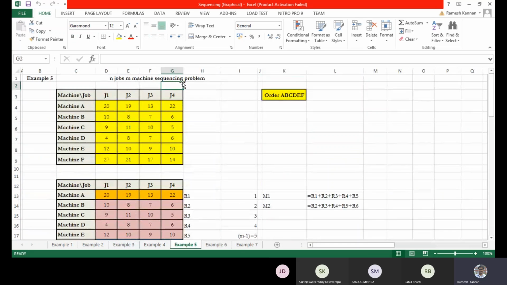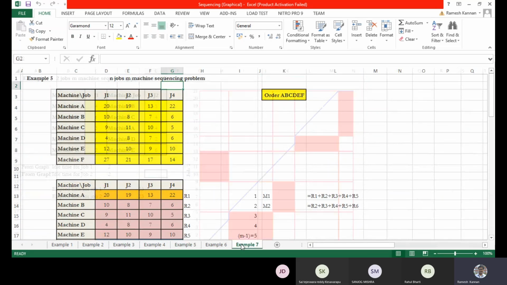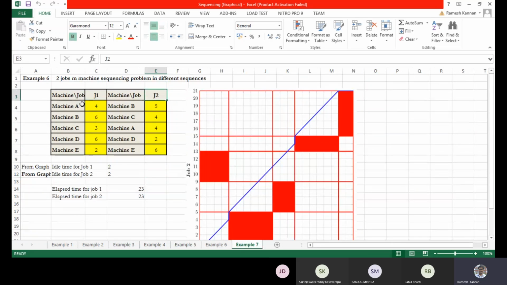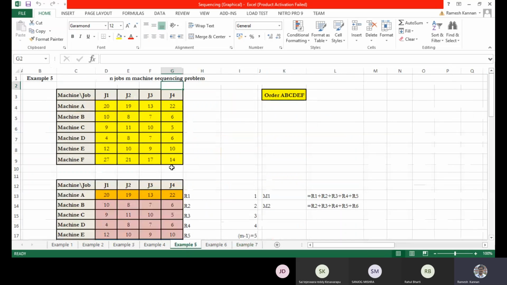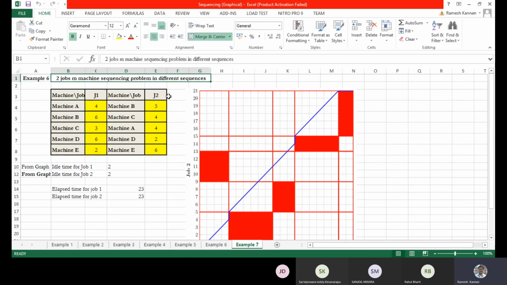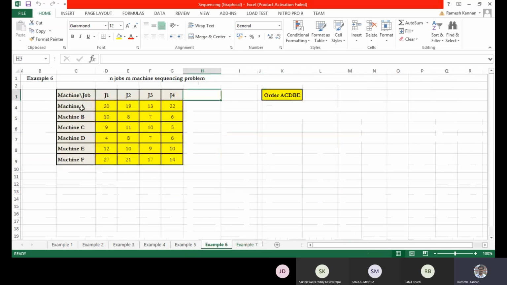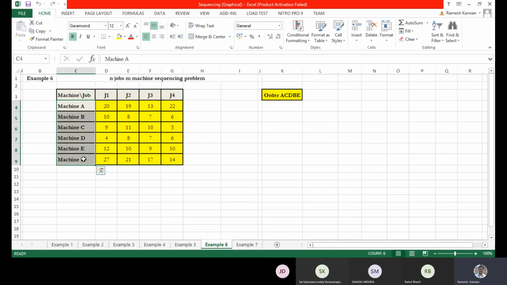And in this case, I've got 2 jobs and M machines. If you take a look at it, if I delete these 2 jobs, then this will be 2 jobs and M machines. But there is an additional thing, which is that the 2 jobs are in a different sequence. In all the cases we've talked about, the sequence is fairly the same, which means that the order is